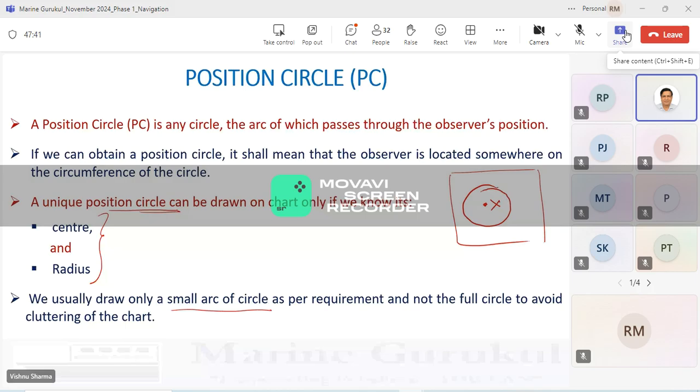But it does not mean that the small arc you have drawn on which the vessel is located is definitely part of the position circle. Am I clear about everything on this particular slide, guys, or does anybody have anything to ask? Yes, sir. Okay,